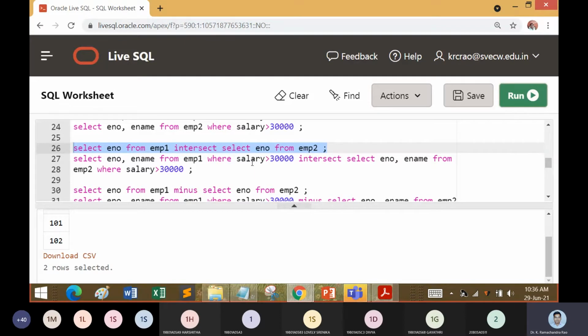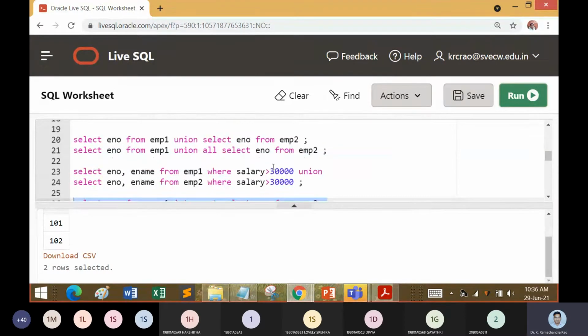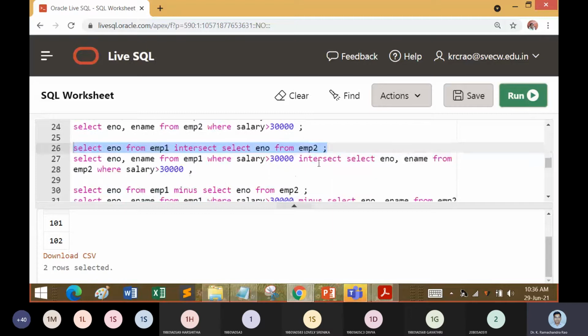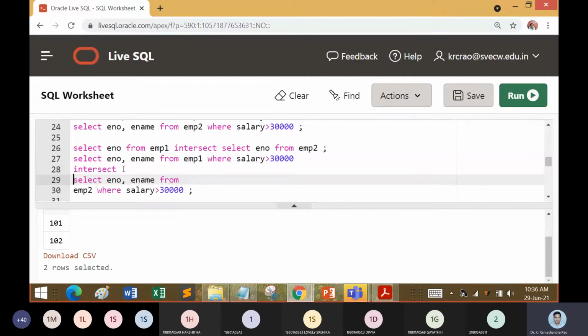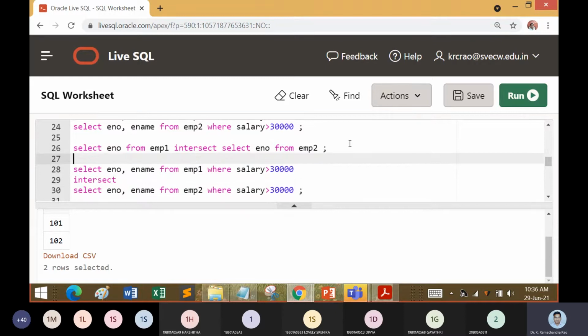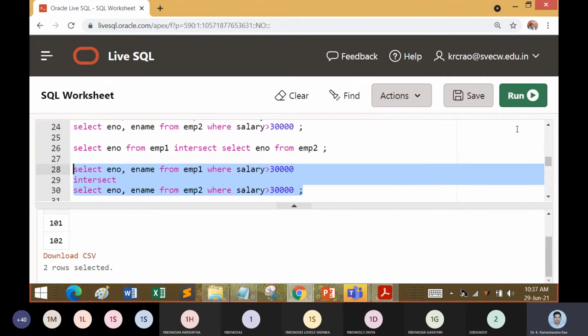Next, we need to check the same operation with an intersect operation. What is the record when we make an intersect operation? That has to be understood. Earlier we had only 2 records when we made a union. Now the commonality is only 101.